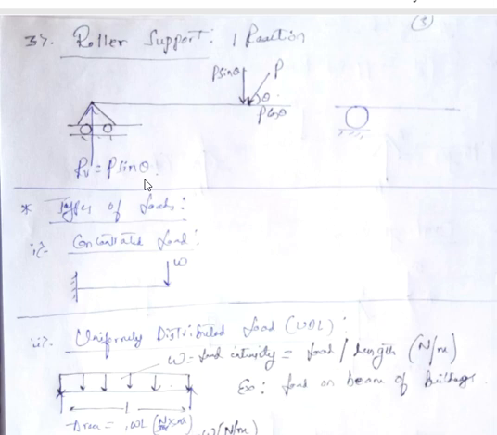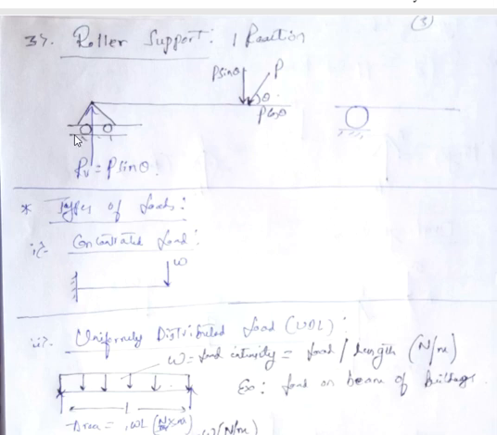Then third is moment. How we are going to get the moment is because of this P sin theta and because of the vertical perpendicular distance from this end to this support, that is length of the beam. What this bending moment will try to do, it will try to bend the beam in downward direction. I am telling bending the beam, that means this end will be here itself, but it is going to bend like this. Now if you look at this, it is similar to the hinge support. It is not going to resist any bending moment. When you apply force, it will get easily bent. Since it is not resisting, there will not be any reaction moment.